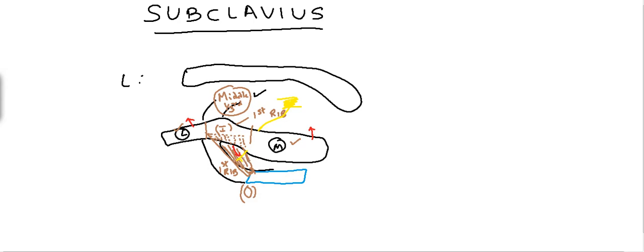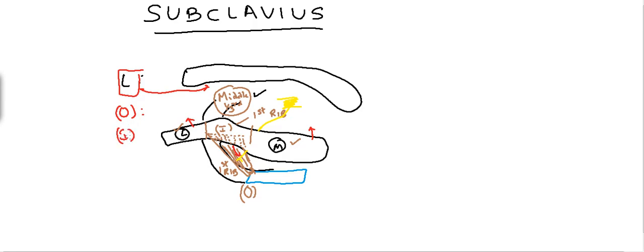Also, it acts as a cushion for the axillary vessels and the trunks of the brachial plexus. It protects the underlying vessels and nerves, the trunks of the brachial plexus and the axillary vein and axillary artery. That is the other action. So to summarize, the location of the subclavius is underneath the clavicle, origin first rib at the costochondral junction,